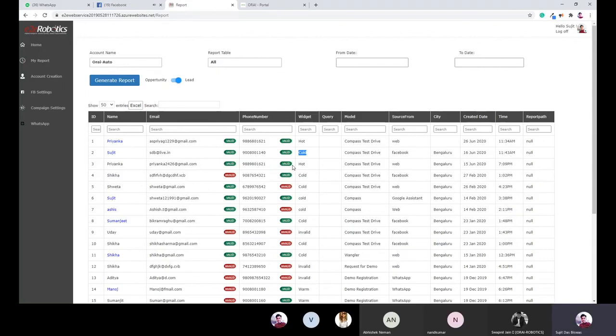Now, we all know how information savvy we are when it comes to a smartphone. So how much we prefer to